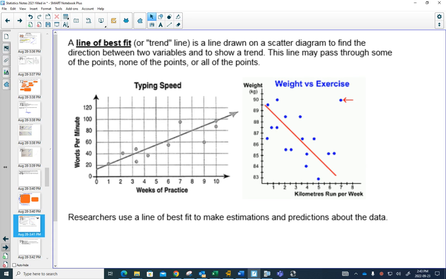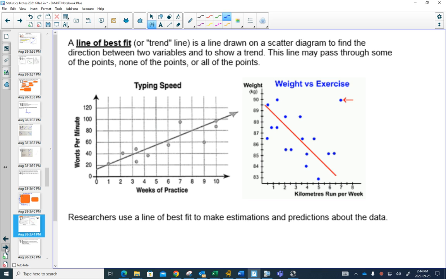Exercise, kilometers you run per week, and weight, well, nice little outlier out there, right? Is this one person's weight? Is this a whole bunch of random people? There's going to be different things in here. You can see why this might not be as much of a correlation, but we want to find the line of best fit. And then the question becomes,